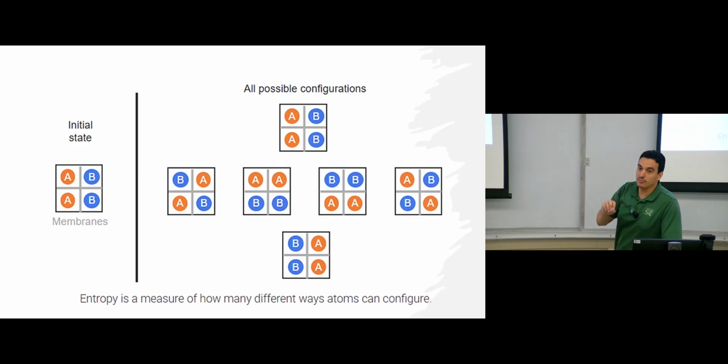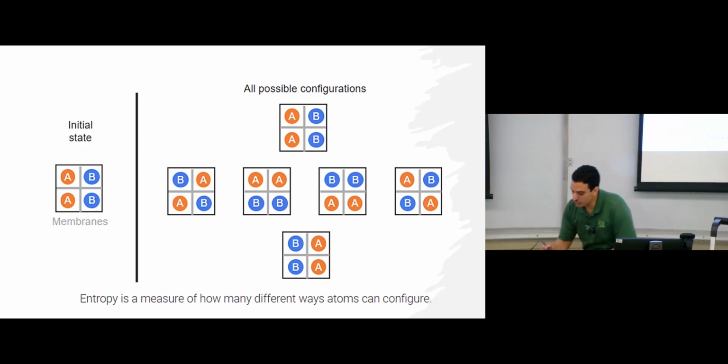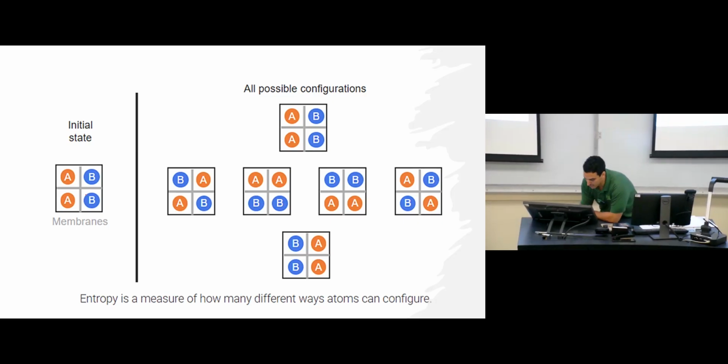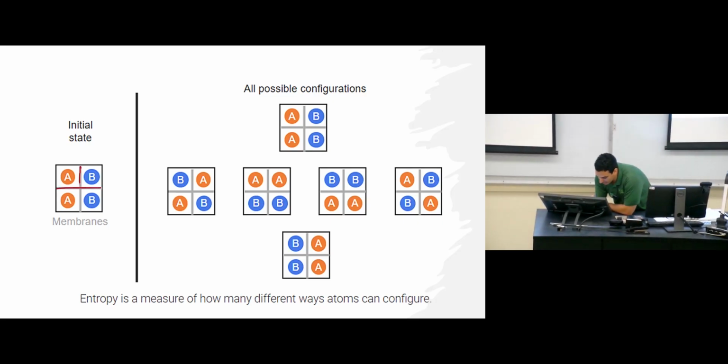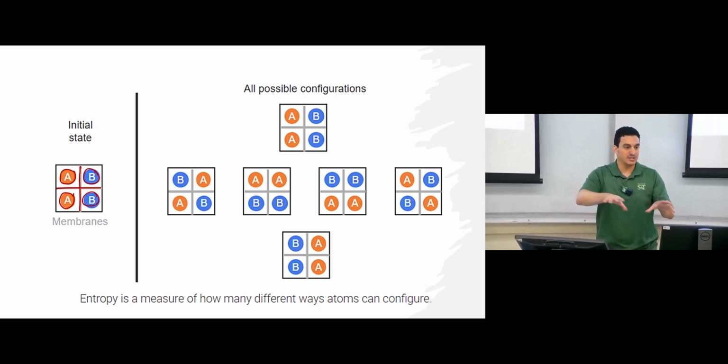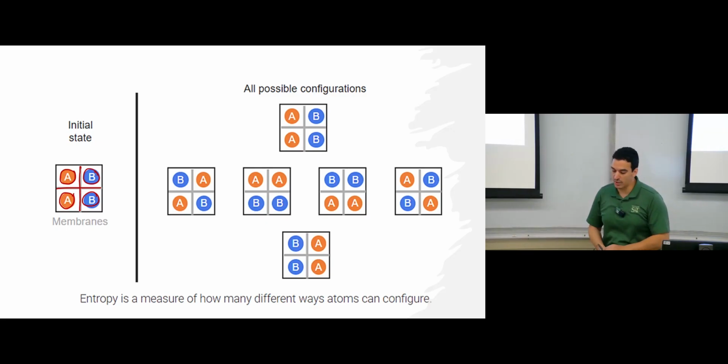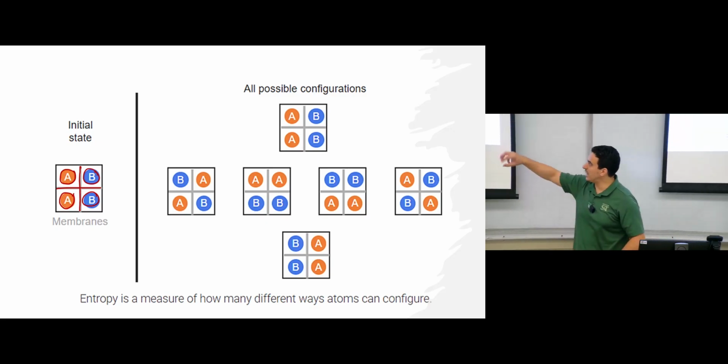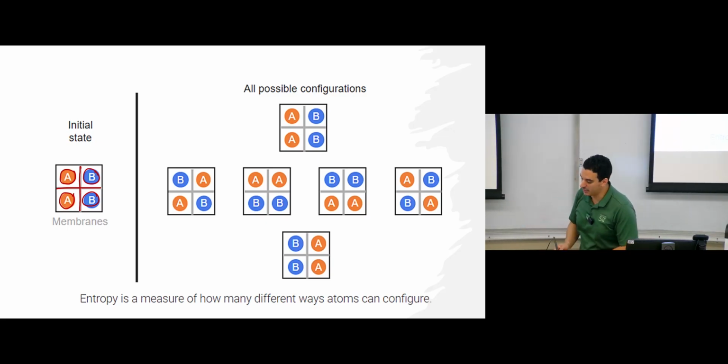Now this is the most common definition we have, what Boltzmann says. And very simply, he asked what is the possibility we have for the location of the molecules? So let's say, for example, I have this square, and in this square I have 4 sites. Here I can have molecule A, and molecule B. So how many changes in these microstates can you have? You can put A at any of these sites, and B at any of these sites.